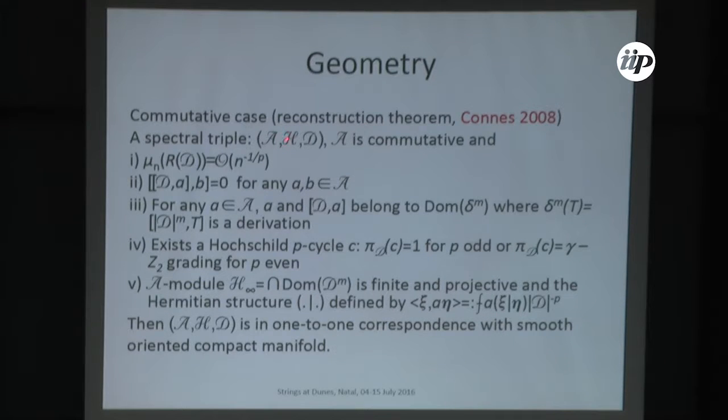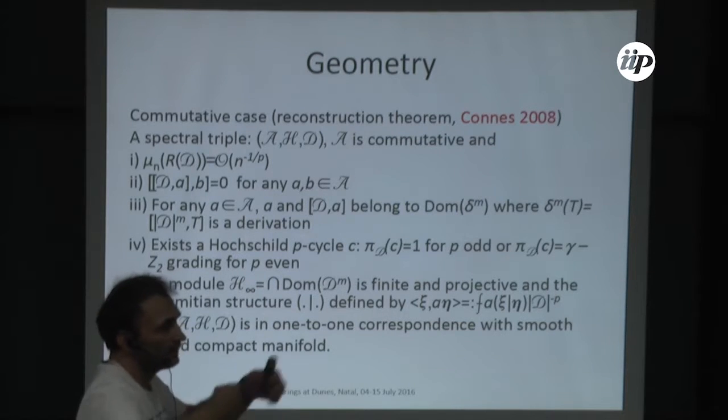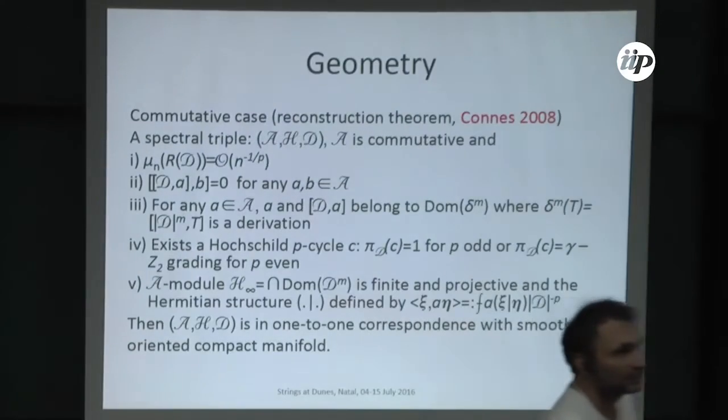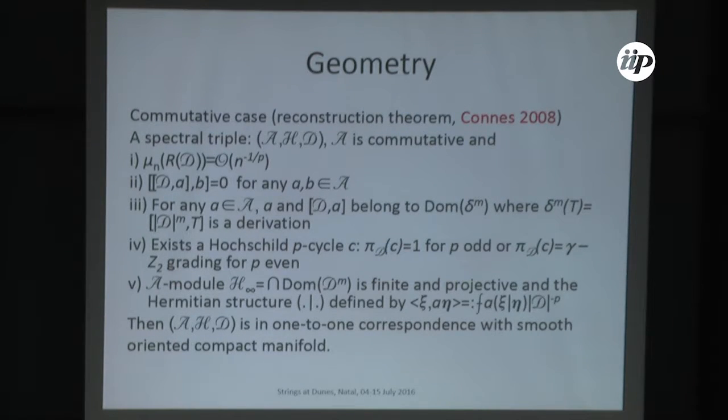You need a representation of this algebra in some Hilbert space. You need a metric, distance. So you start with topology, then you put a differential structure, then on top of that you put distance, metric. Differential structure is a manifold. The point is that you cannot discard any of those three ingredients to recover the geometry.